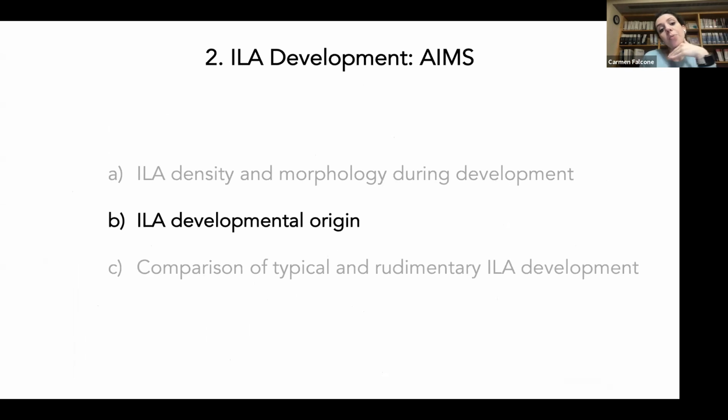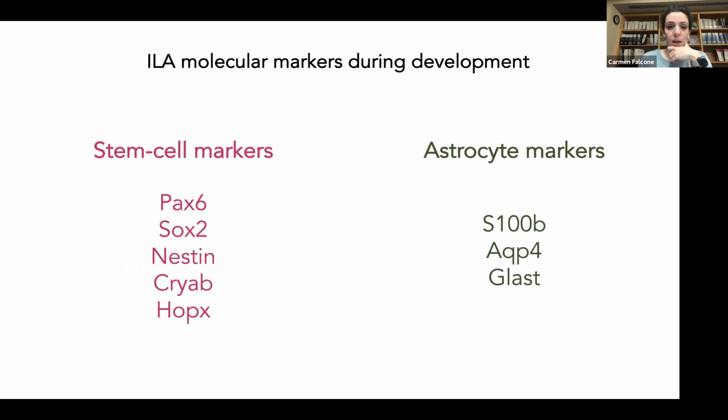And so when we wanted to know more about the developmental origin, so when exactly they appear in development and which cells originate them, first of all we wanted to test them for other molecular markers that are really important to development. So we tested radial glia cell markers, so stem cell markers, and again astrocyte markers. And we wanted to know how these markers change during development. So we took the very same stages of development, both prenatally and postnatally, and then we labeled them for